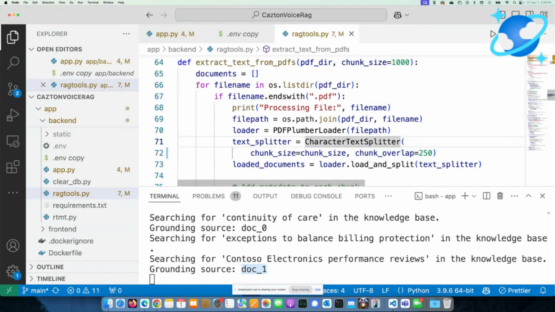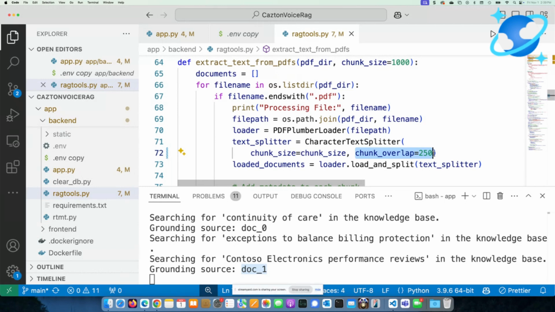Over here, as you can see, it goes for every single file in the directory. And then any file that ends with a PDF, it starts processing that file, uses the PDF plumber to load it into the LangChain loader. That does most of the work for you. We use character text splitter, which is the most common text splitter. And the reason we do the overlap is because every single chunk of 1,000 tokens has to have some overlap to make it easy for the LLM, right?